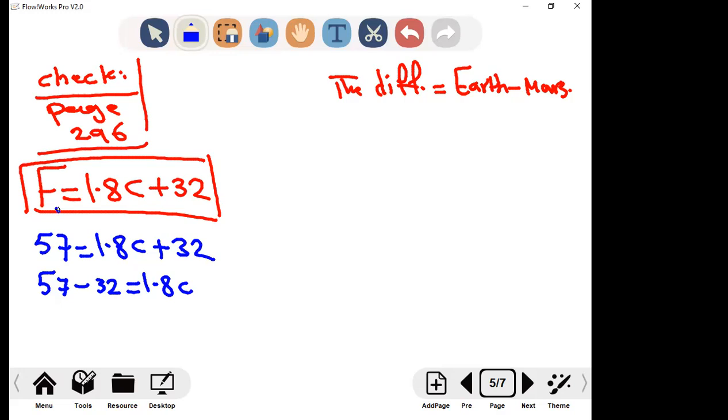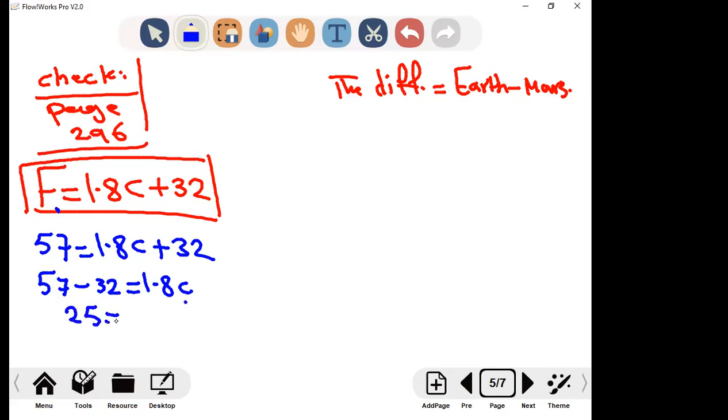Now why are we using the formula? Because the question wants the difference of the temperature in Celsius, but in the table they gave me the temperature for the Earth in Fahrenheit. So I'm using the formula to turn it to Celsius. Agreed? Now we shifted the 32, 57 minus 32,